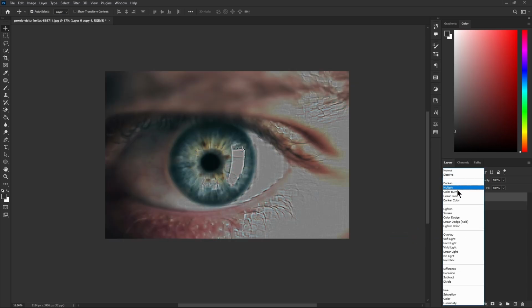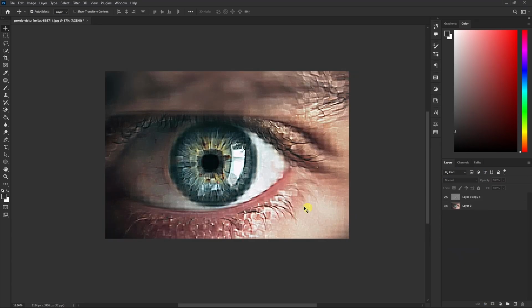Now change the blend mode to linear light once again, and you can see the sharpness is way too much, so to decrease it we need to select the duplicated layer, then change the opacity to something like this, and now you can see the difference here. So this is the